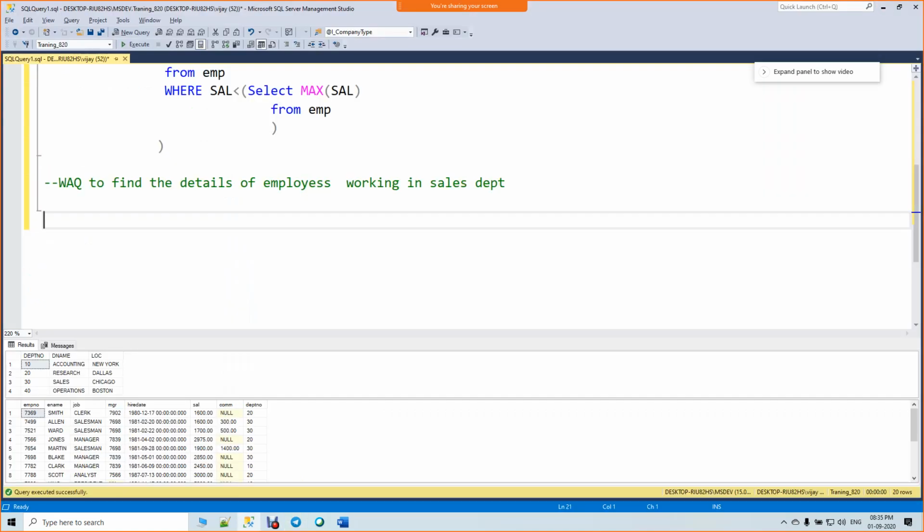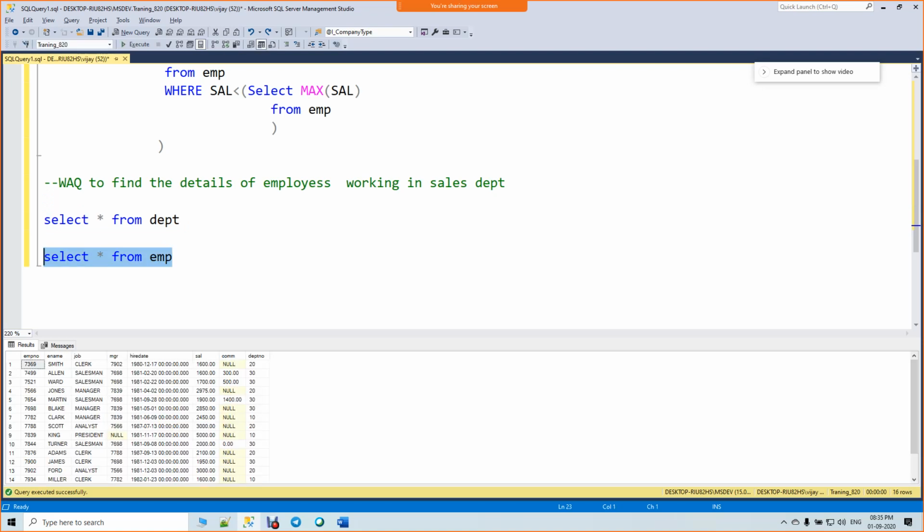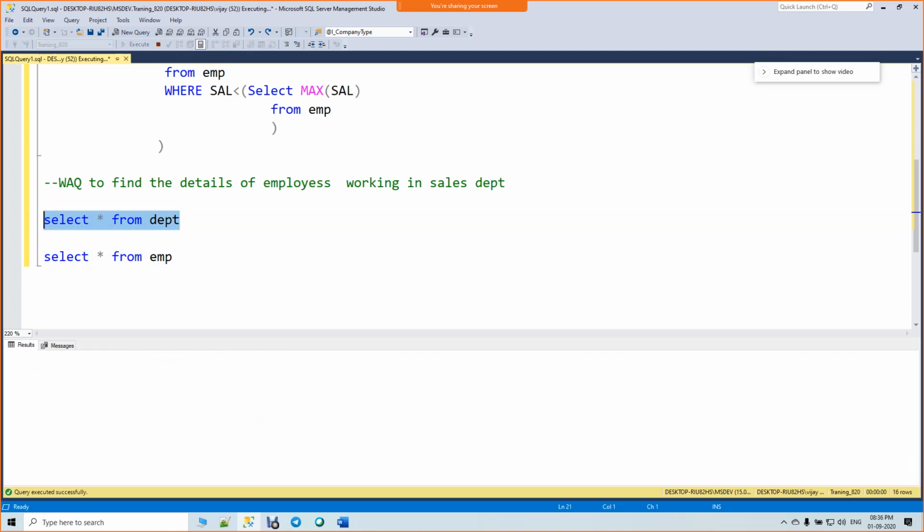We have two tables, department and employee. In the employee table we have a department number, and in the department table we have department number, department name and location. First, filter the department table where department name equals sales. You will get department number 30.